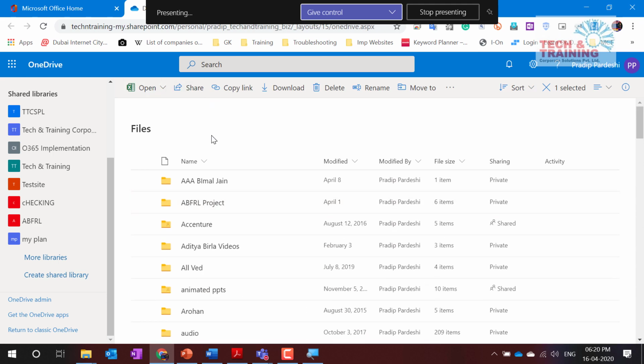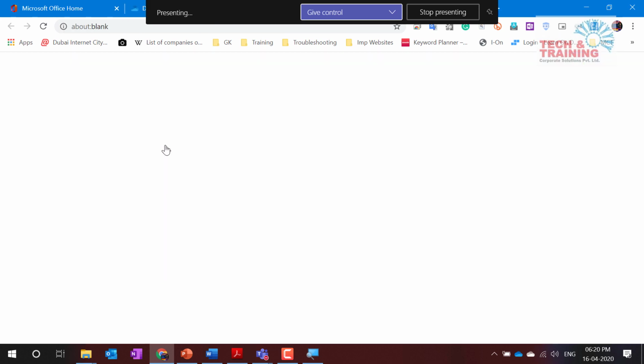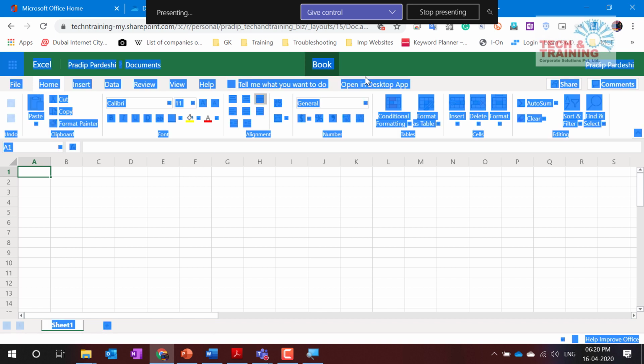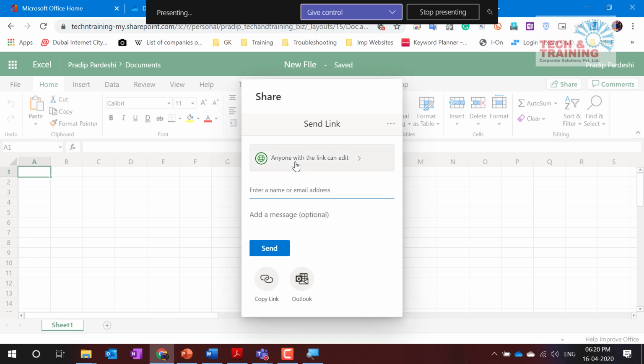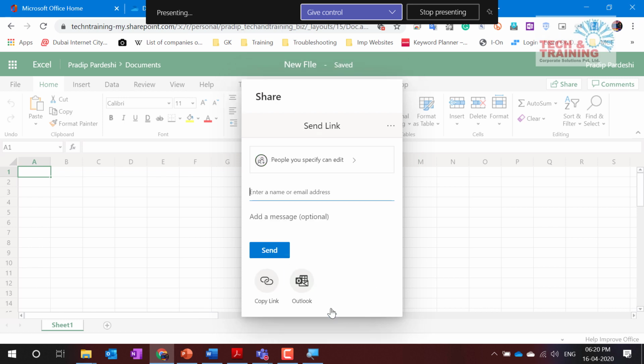I create one file with Prashant and let me share it with all of you. Okay, so I have created one file with Prashant, and what I'm going to do is quickly name it as a new file. With Office 365, I can click here and change the file name to new file, and let me share it. See how simple it is to share the file with anyone. I'm using this specific people option. Let me allow him to make the changes. I go ahead and click on Prashant.